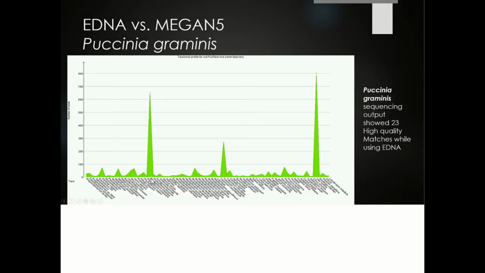As we can see here, Phytophthora ramorum or Phytophthora cinnamomi are the ones that are getting the higher number of reads. And this might be because of shared genes or shared sequences that they might have that are similar, and it's assigning a wrong taxon whenever we have Puccinia graminis. We might get some other eukaryote like Vitis vinifera here with 800 reads assigned. So it's just a comparison, but whenever we're using eDNA, we use 23 high quality matches, which would be called